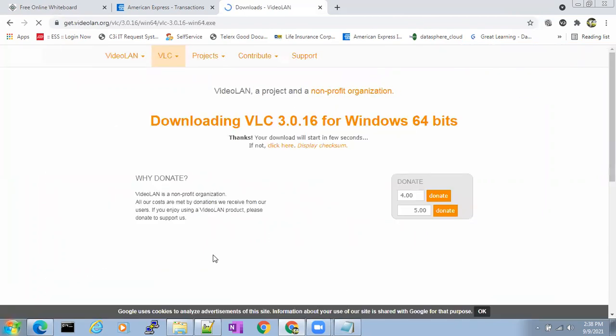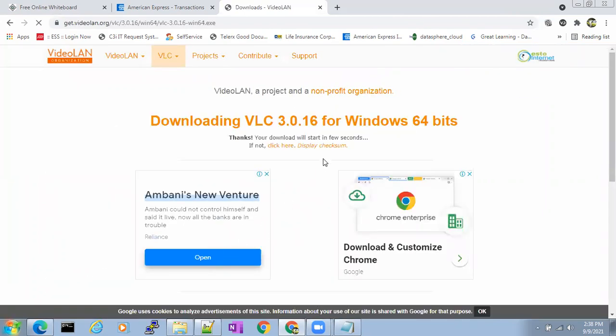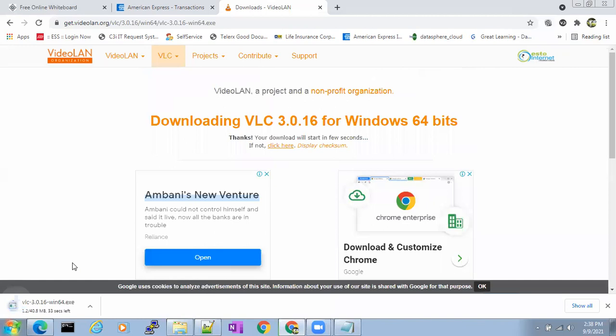I'm downloading the VLC media player. It's getting downloaded.